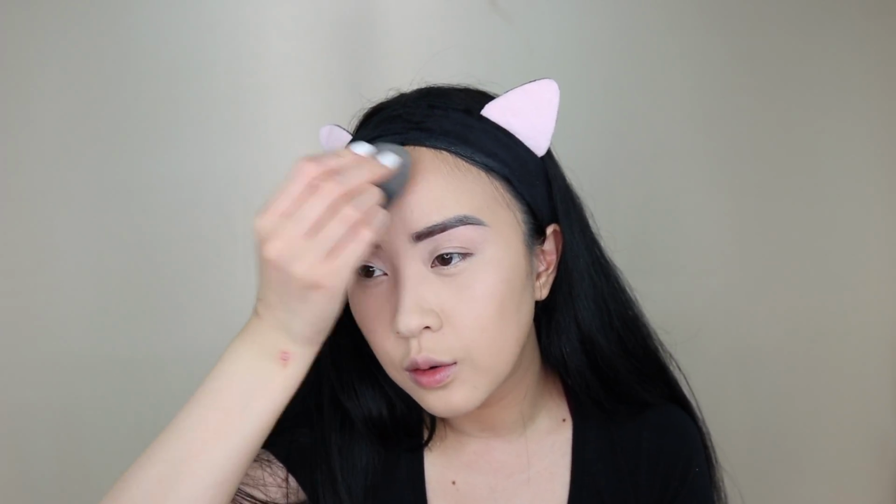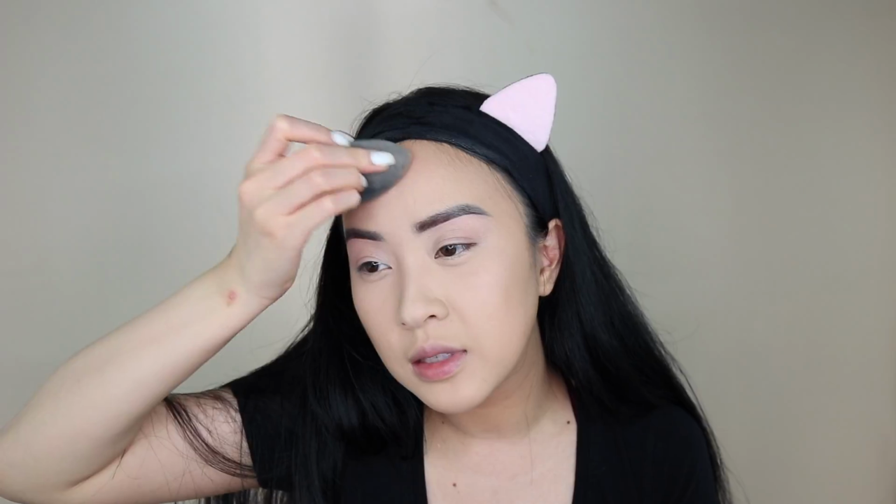I can't believe I haven't even brought it up, but I think it only came out like 2 weeks ago or something, and I've used it a couple times now, and I think it's totally safe to say that it's my new favorite concealer. I love it. It's just as full coverage as the Tarte Shape Tape, and even though they look